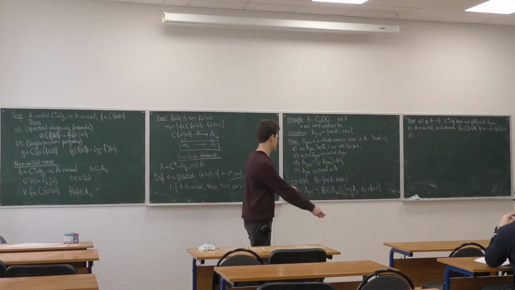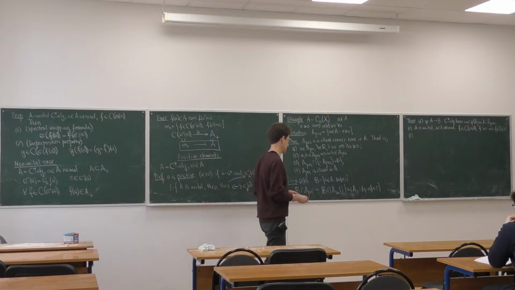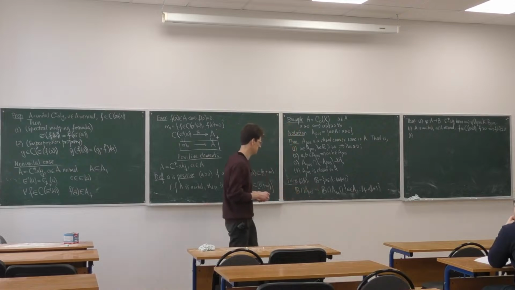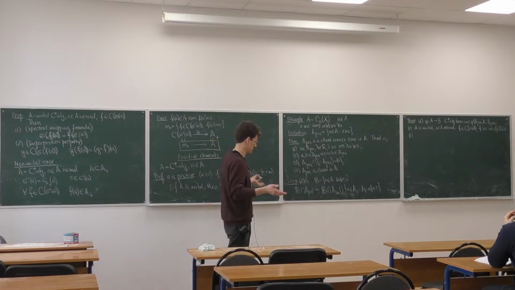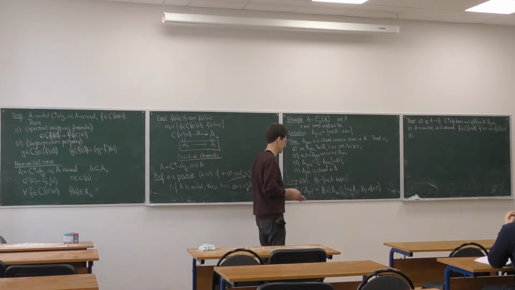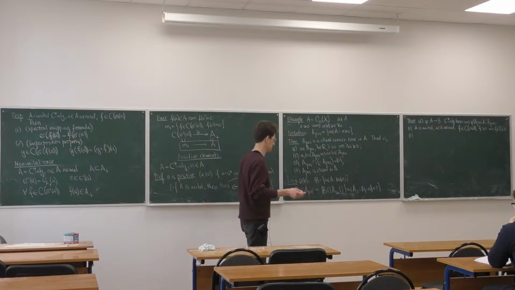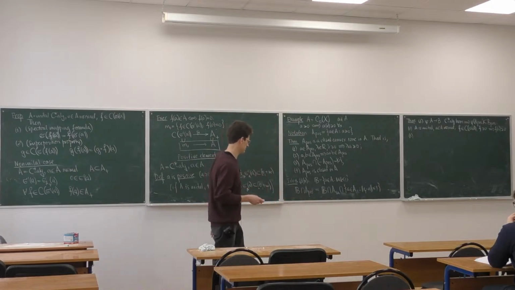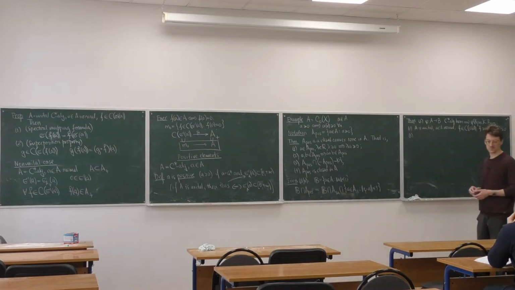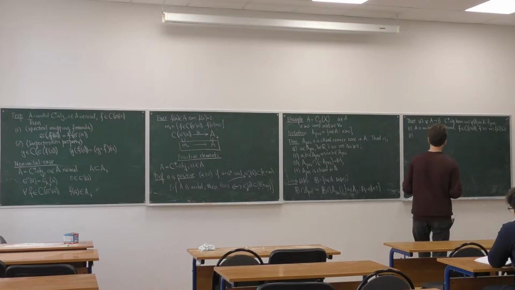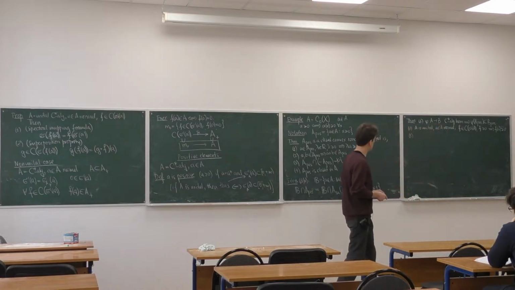Well, for convenience, we can assume from the very beginning that A is unital, because if it is not, then we simply join the identity. So it is just C of x. And in the algebra of continuous functions on a compact space, this equality is just a property of continuous functions. Okay, property 3